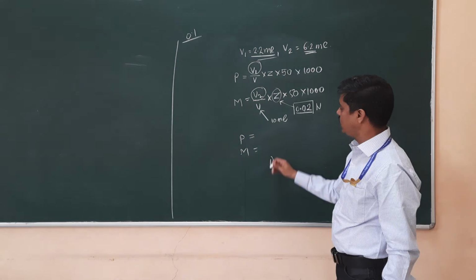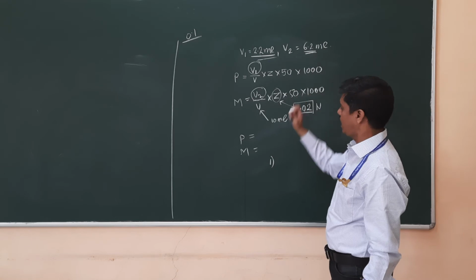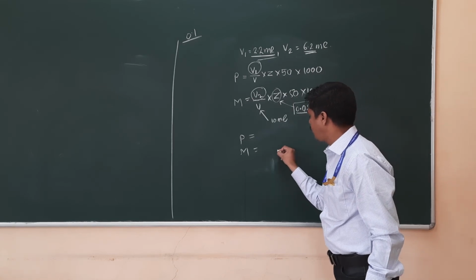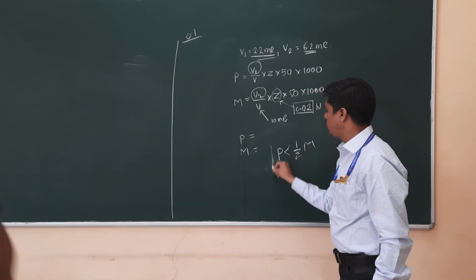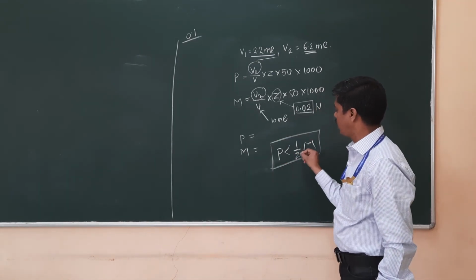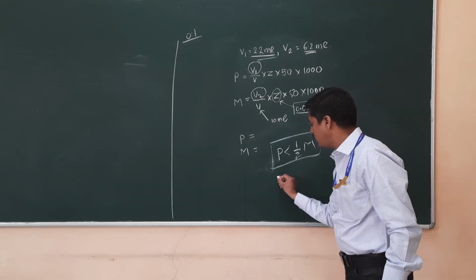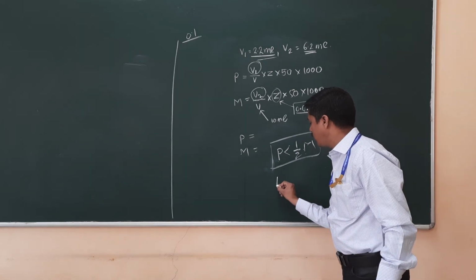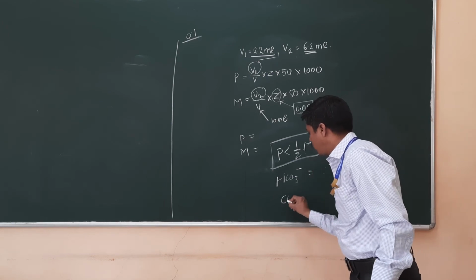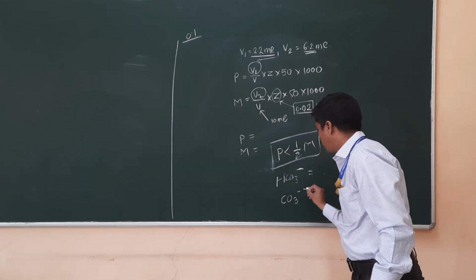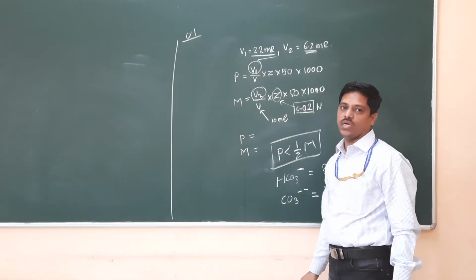So what will be the condition here? Double the 2.2, so V2 is greater than that. So definitely here P is less than half of M. This is the condition that is going to come. If you take half of M, it will still be greater compared to P. So what quantities are present here in the titration? Bicarbonate is present in the sample and carbonate is present in the sample. So how much bicarbonate is present and how much carbonate is present, you can check from the chart and do the remaining calculation.